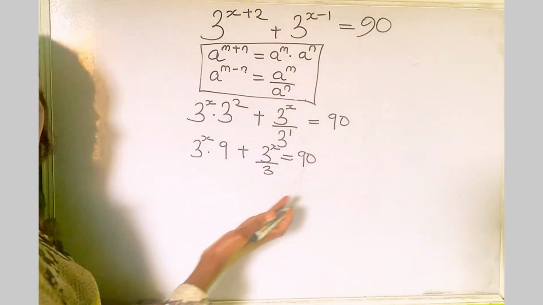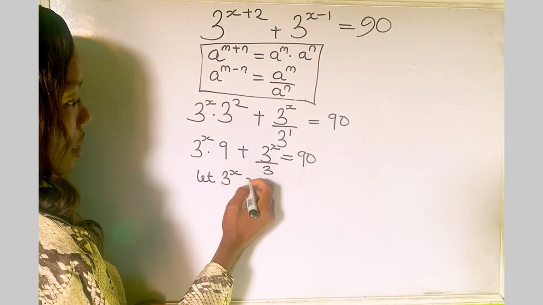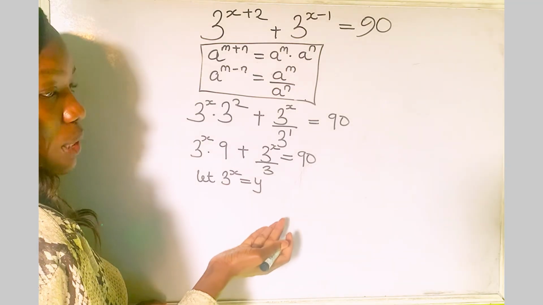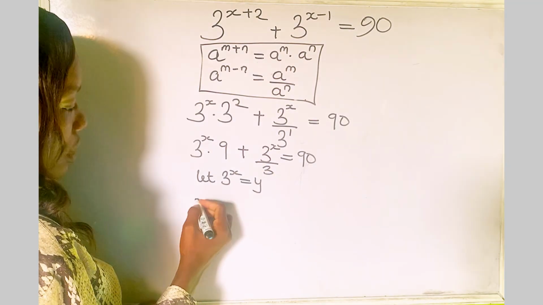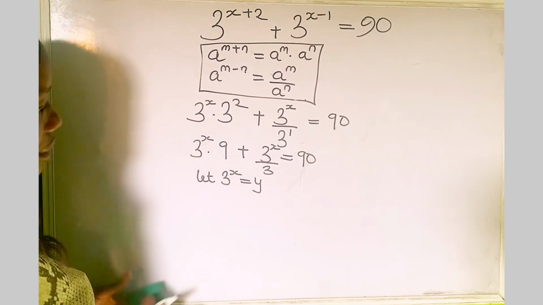So for an easier route, let 3 to the power of x be equal to y. Whenever you see 3 to the power of x, you replace it with y. So let's do that. So we have y multiplied by 9, which is 9y,